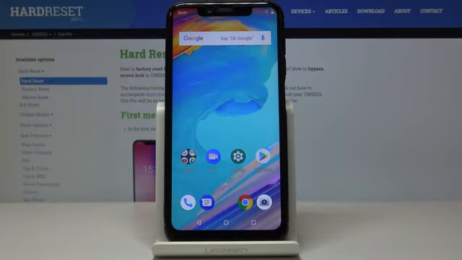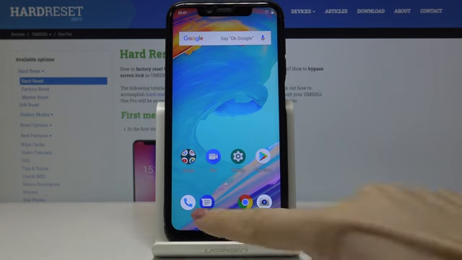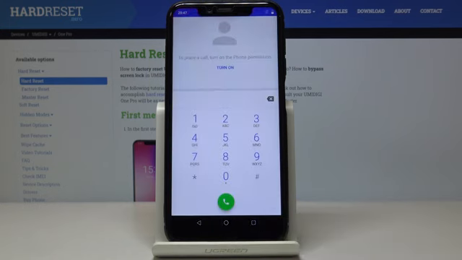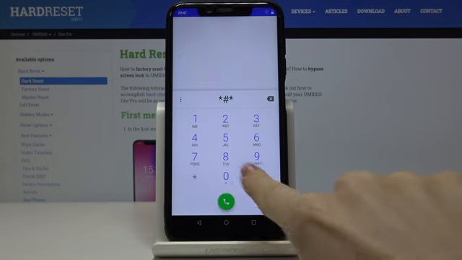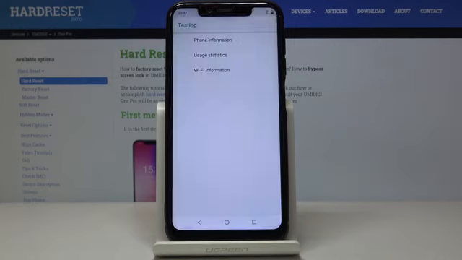Here I've got UMIDIGI One Pro, and let me show you all the secret codes that can be used on this device. So at first, let's open the phone dialer, and let's start with the first code, which is *#*#4636#*#*. And as you can see, this one will open test mode,